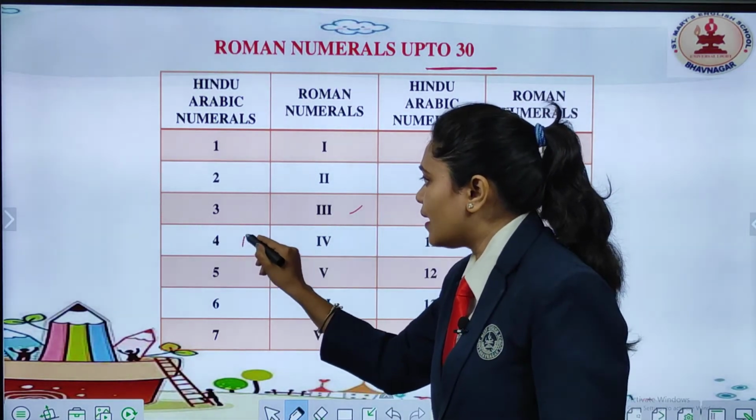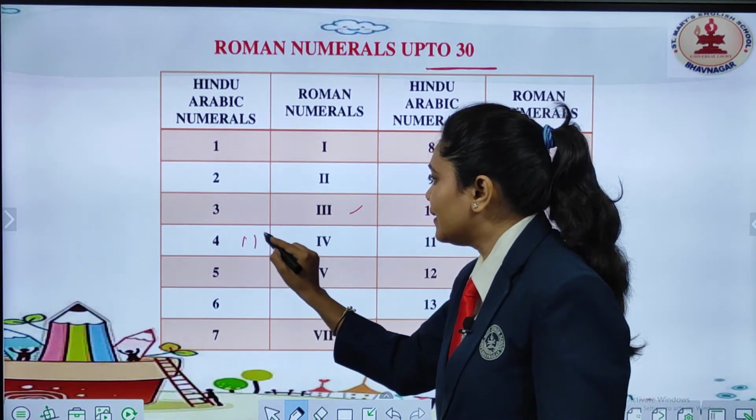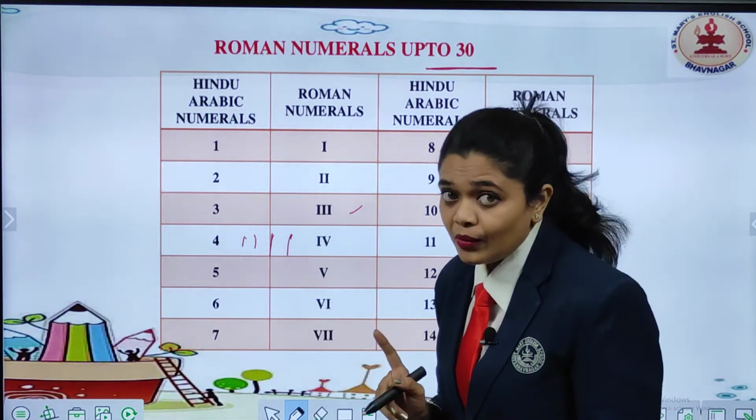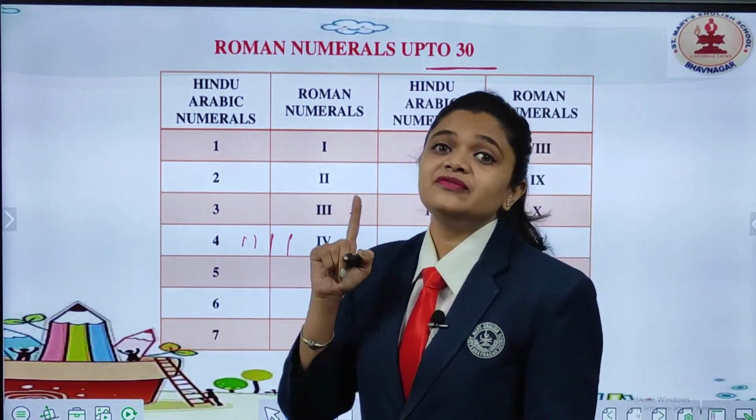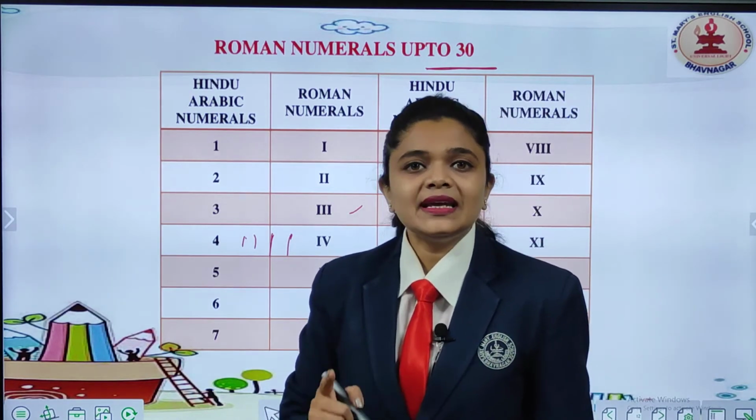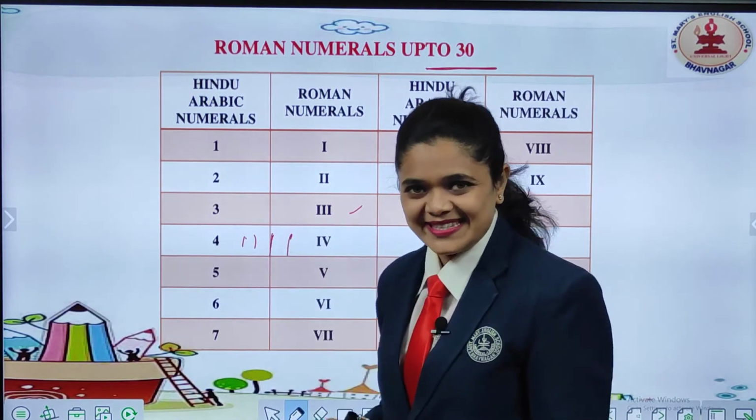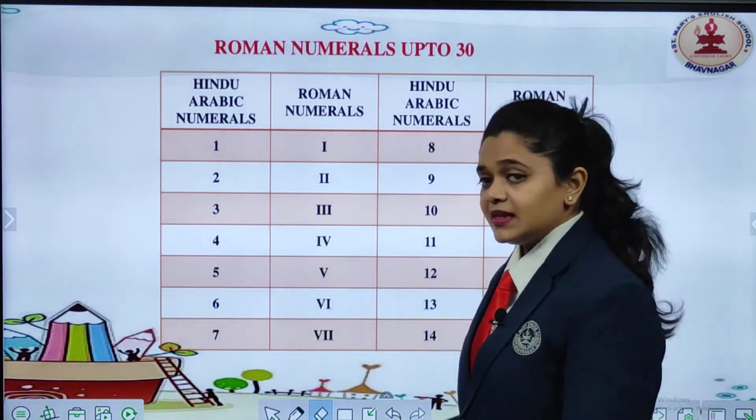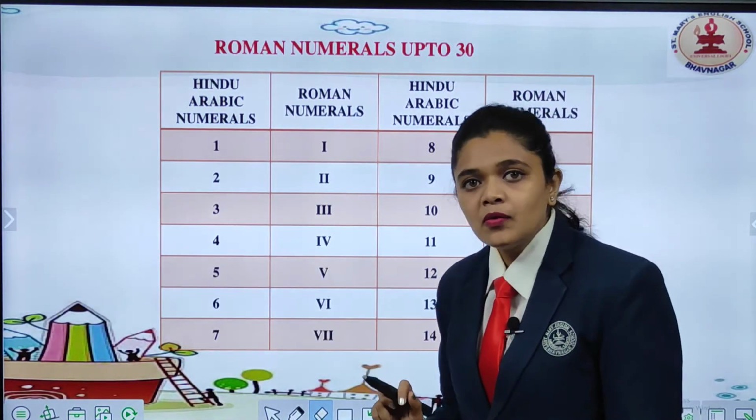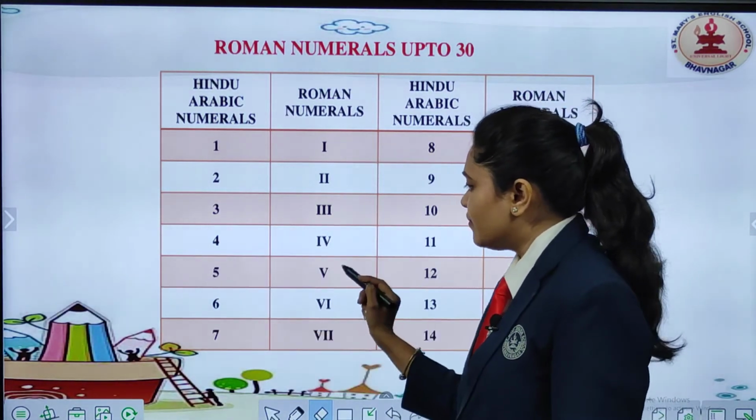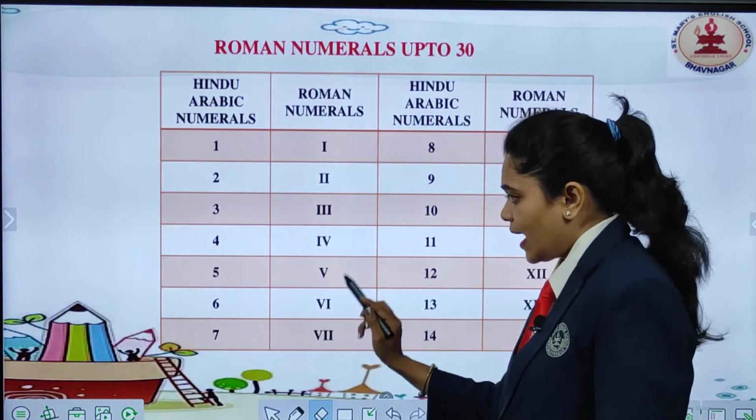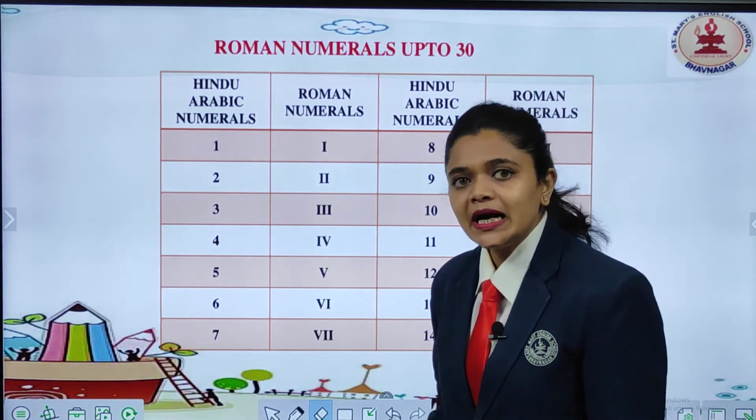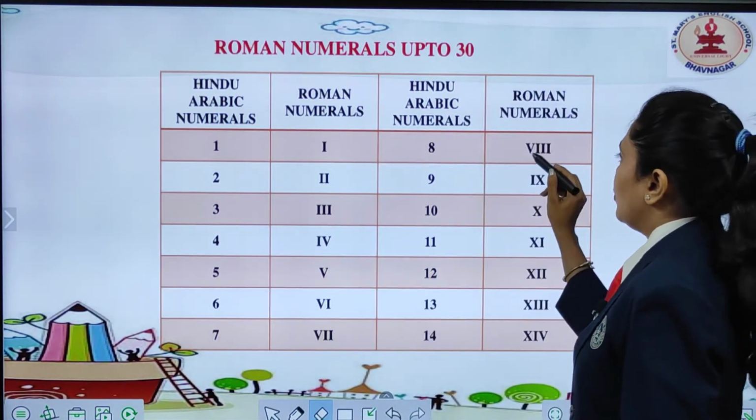4. Can we write I and I and I, one more I? Can we? No, because according to our first rule, we cannot repeat any alphabet more than 3 times, right? Okay, then we will see 4 is written how? It is written as IV. Then we have 5 V, 6 VI, 7 VII or V double I. Then we have 8 VIII,